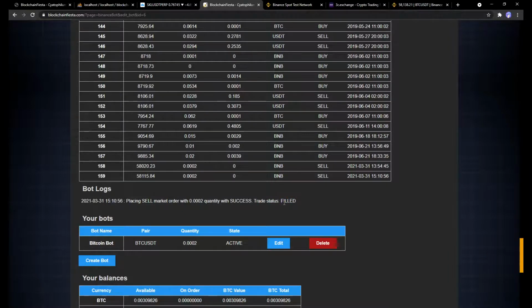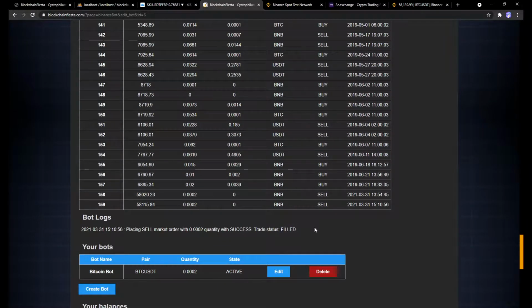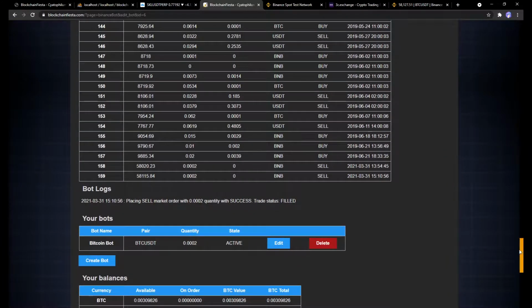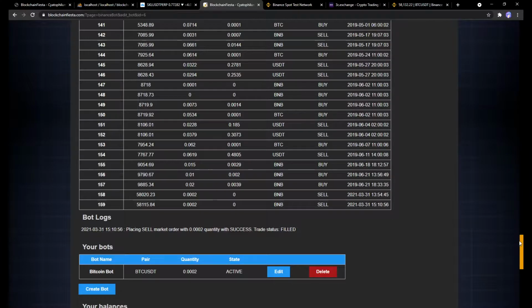Sometimes it's not filled when there is no liquidity. It can be another status, so always check the status. Here in the trade history we have the date. This is just right now. We can see the sell here. And basically that's all. This is how it works.